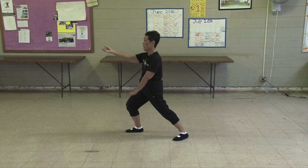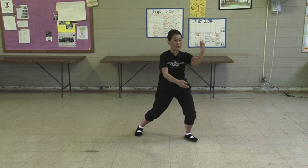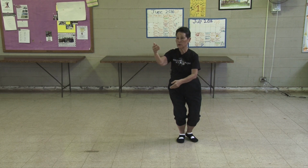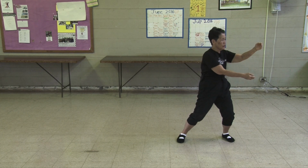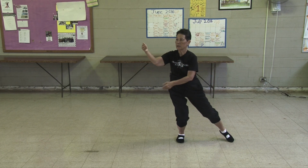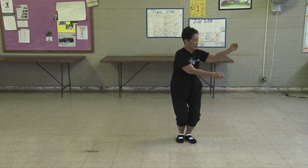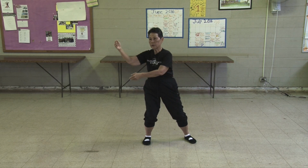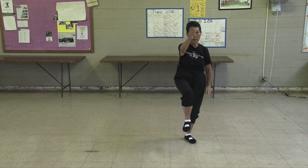Okay, so be ready because next week I want to teach you a sideways motion called cloud hands. Okay, and when we do a sideways motion, we no longer are doing our T stance, L stance, and bow stance. Okay, because after we learn cloud hands, it's going to be smooth sailing because we're going to come into the